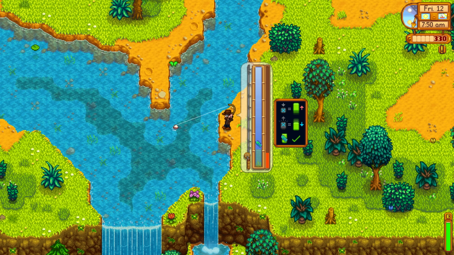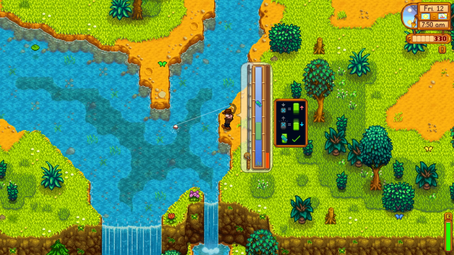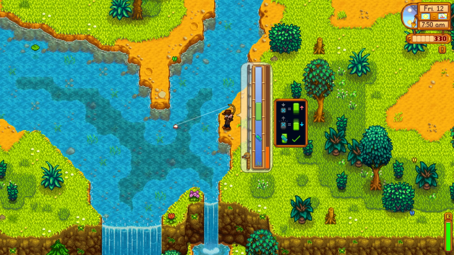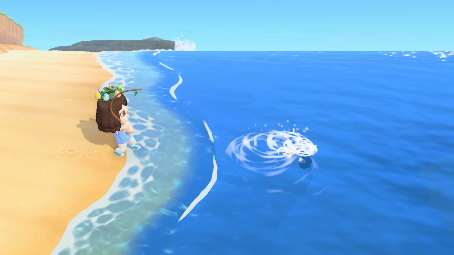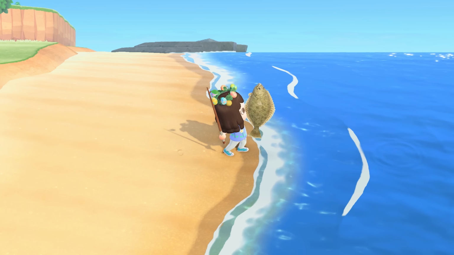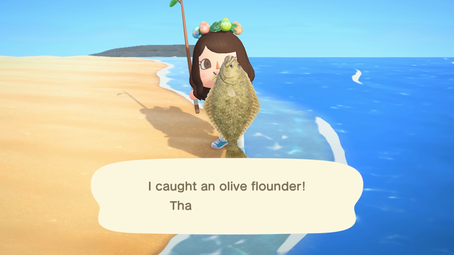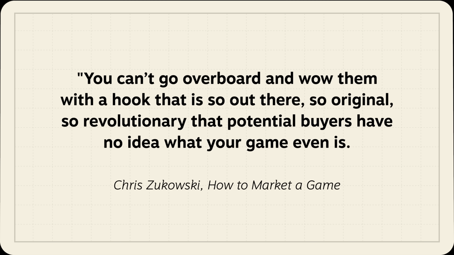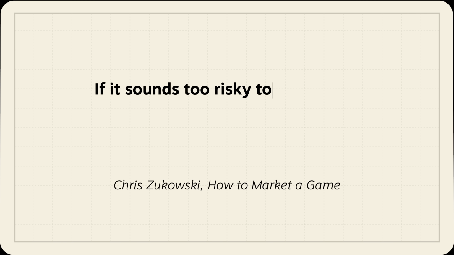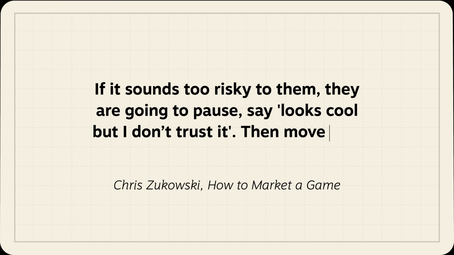But don't get too hung up on hooks. For one thing, while it's great to focus on finding something fresh and innovative, there is such a thing as being too innovative. Chris Zukowski from howtomarketagame.com says you can't go overboard and wow them with a hook that is so out there, so original, so revolutionary that potential buyers have no idea what your game even is. If it sounds too risky to them, they're going to pause, say, "Looks cool, but I don't trust it," then